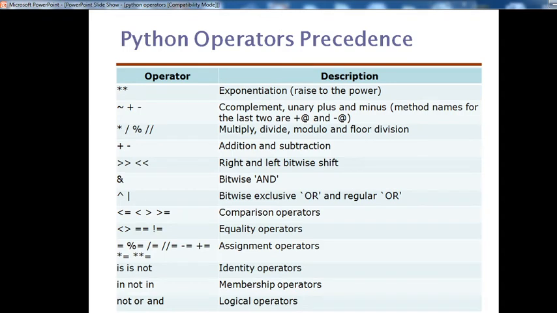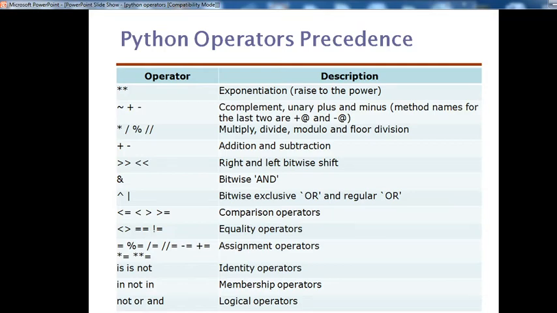Again, operator precedence. What have we seen up to now? Exponentiation, raised to power, then complement, unary plus and minus. These are the method names for the last two: plus at the rate and minus at the rate. Then multiply, divide, modulo and floor division.